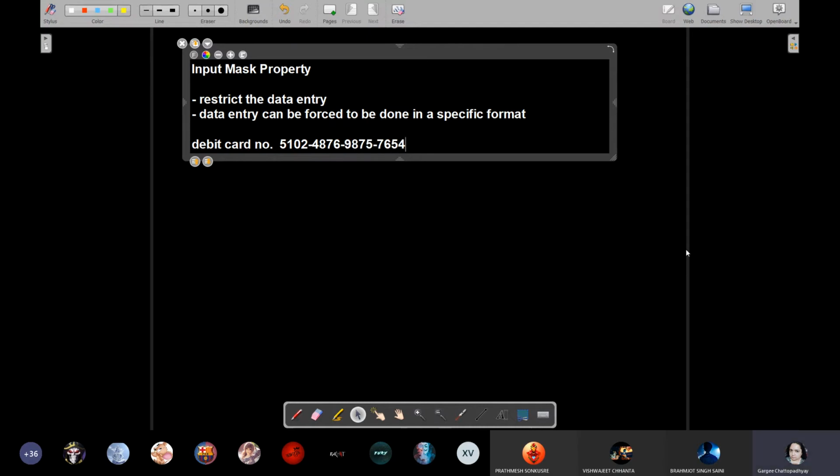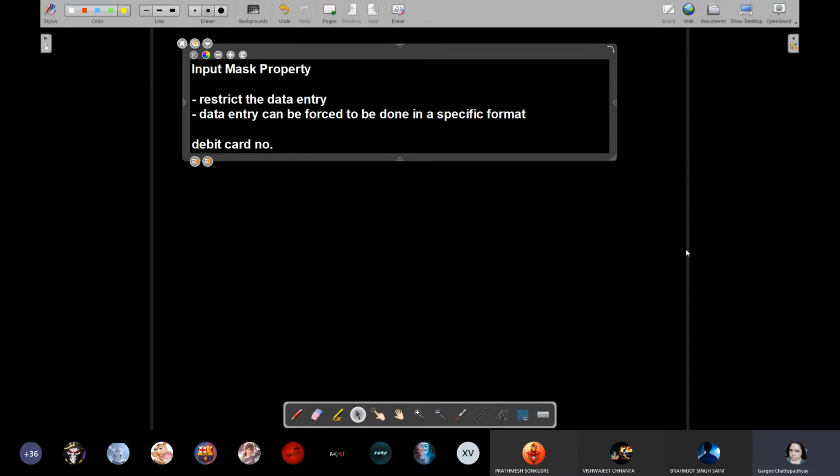So this is how it automatically takes up dashes in between. Then the CVV number, usually it is of 3 digits, so it doesn't accept any 4th digit. Then expiry date, you type the expiry date, and the moment you press 01, it automatically jumps to the next character, which is after the slash. Okay, so this is how you can restrict the data entry operator, the user.